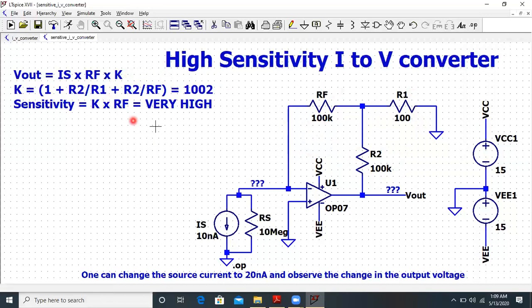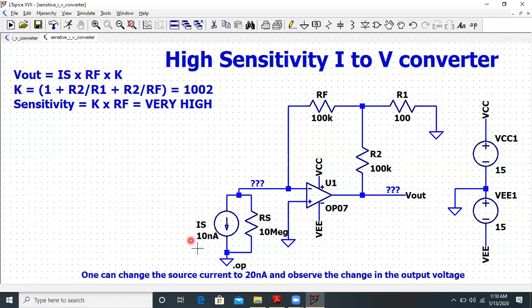So 1 plus R2 divided by R1, that is 100K divided by 100, will be 1K, and R2 upon RF will be an additional 1. So this K factor is 1002. You can cross check with these values.